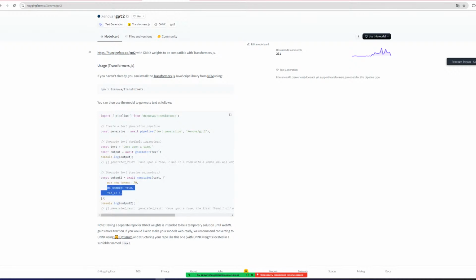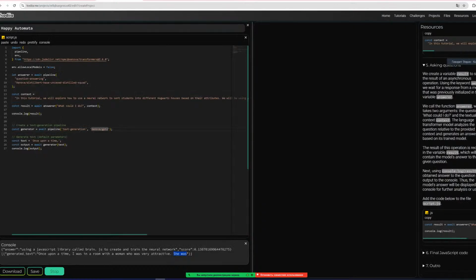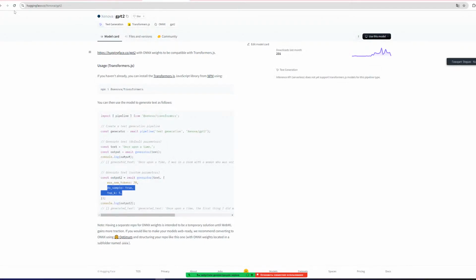There are also some other parameters that you can specify here. I guess you can find all data in the docs if necessary. And when we were thinking about creating this workshop, we were thinking that we will use this library, Transformers.js, but it appeared that the models available here are not really suitable